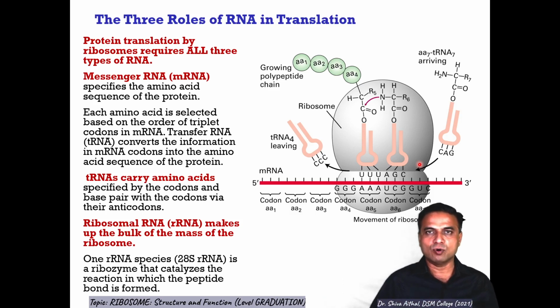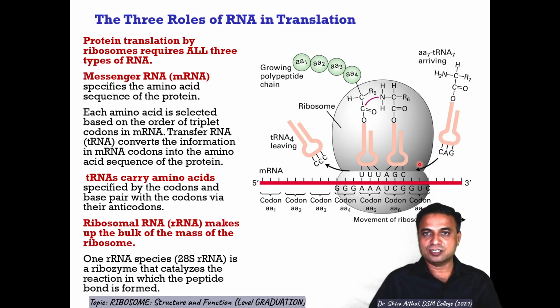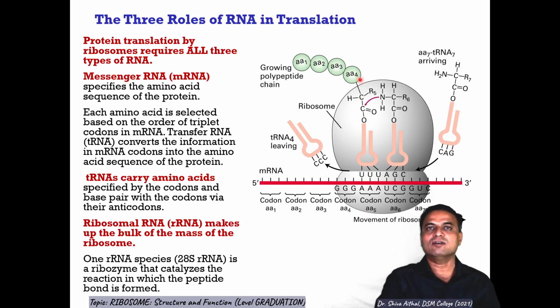Messenger RNA, you know the function very well; I will not dwell on more details here. tRNAs are important, and their structure and function will be covered in my next lecture. tRNAs carry the amino acids specified by the codons. You see here, follow the red pointer, if there is an AAA codon, then UUU will be the anticodon on the tRNA, bringing the corresponding amino acid and leaving it at the site of protein synthesis, that is the 50S subunit.